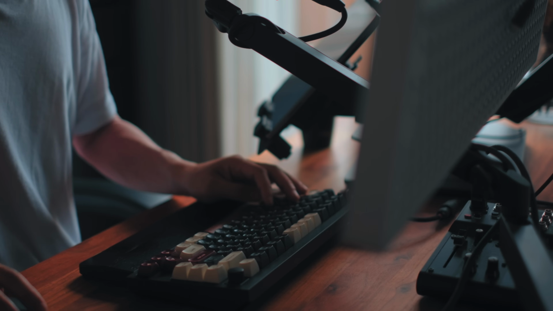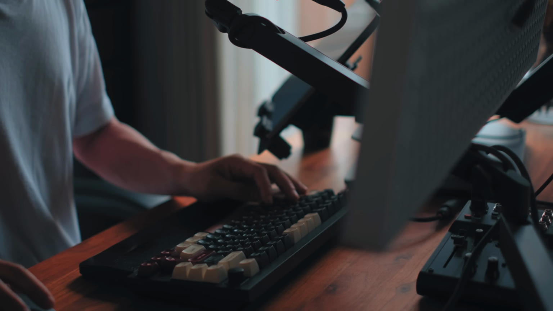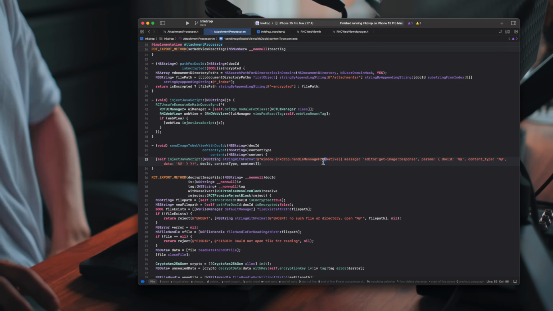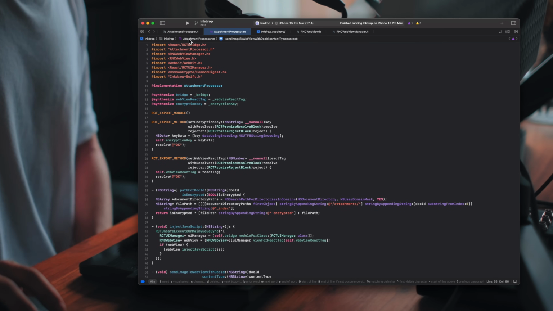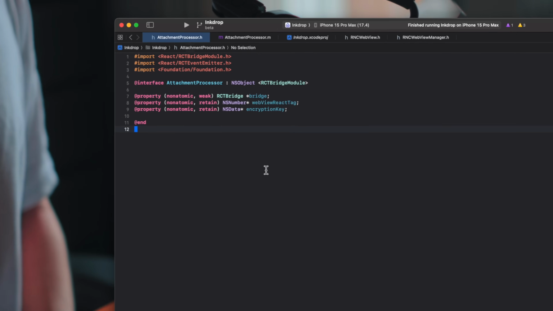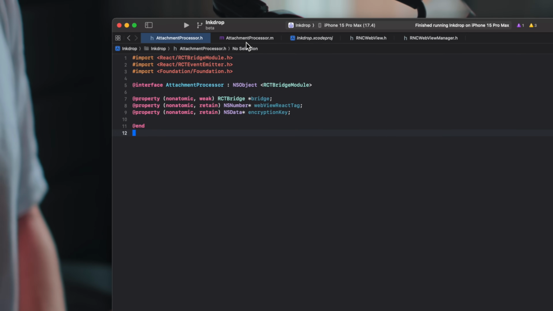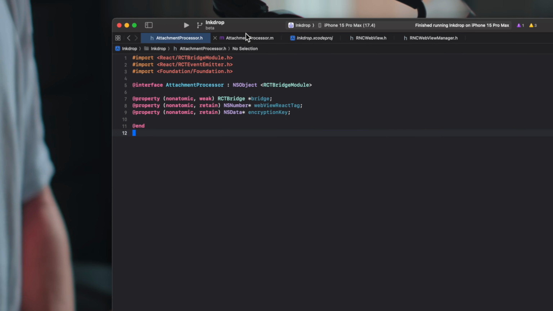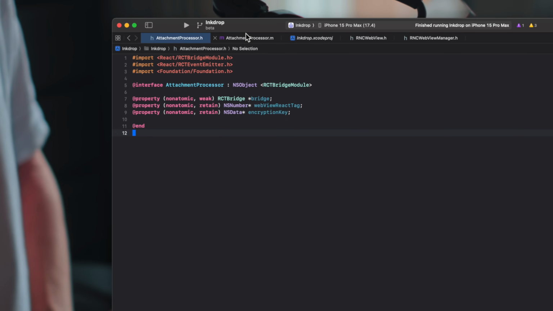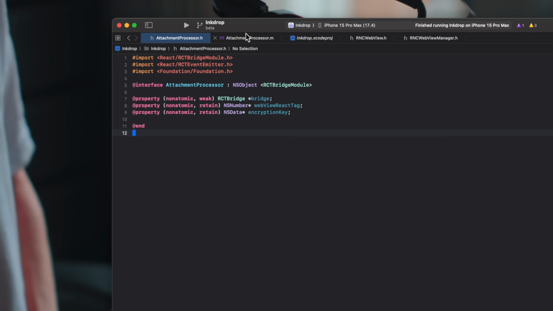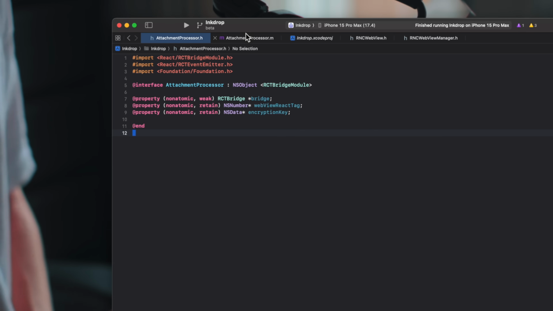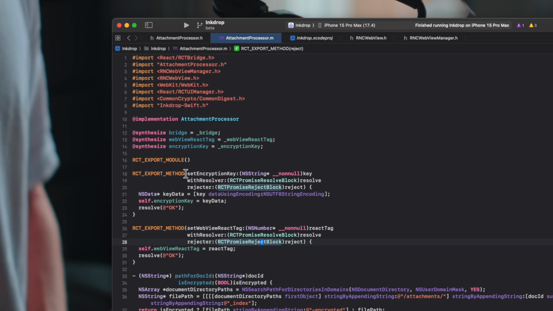Yeah, so the old architecture, here is my custom native module, which is called attachment processor, which loads images from disk and sends them to WebView. And